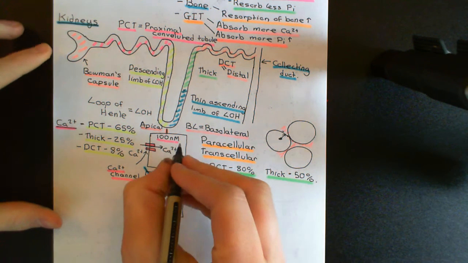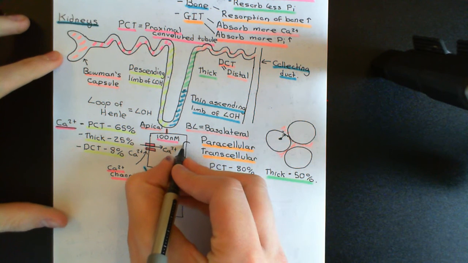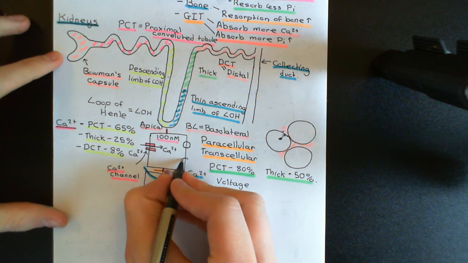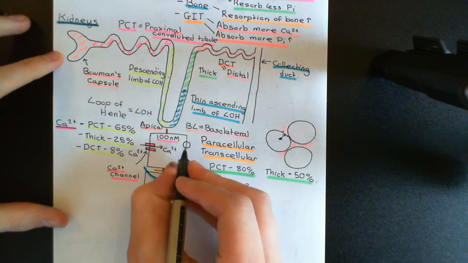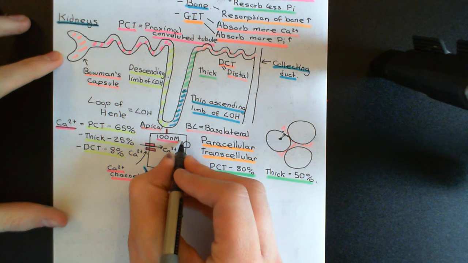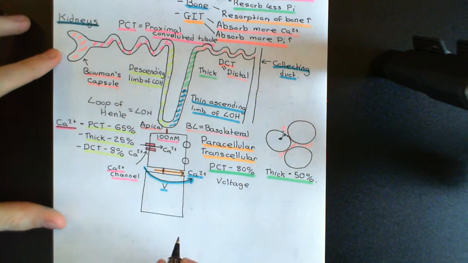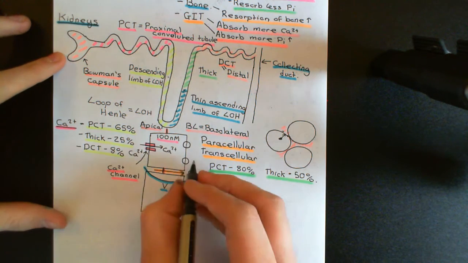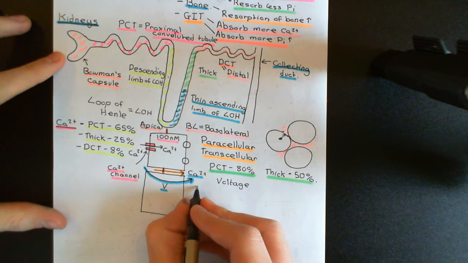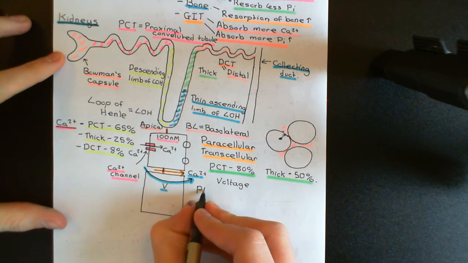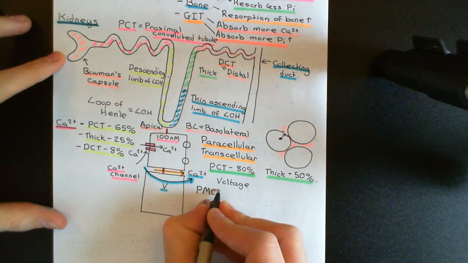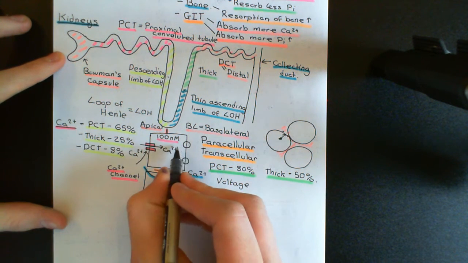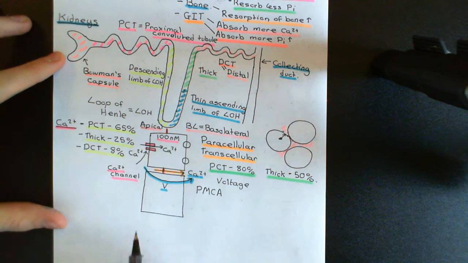Okay, so we're going to have both a primary active transporter and a secondary active transporter, which function to move the calcium ions from the intracellular fluid to the basolateral fluid here. There's not that much space, so I'll put their names over here. We'll start with the primary active transporter, the one that's going to be involved in moving calcium ions from the intracellular fluid to the basolateral